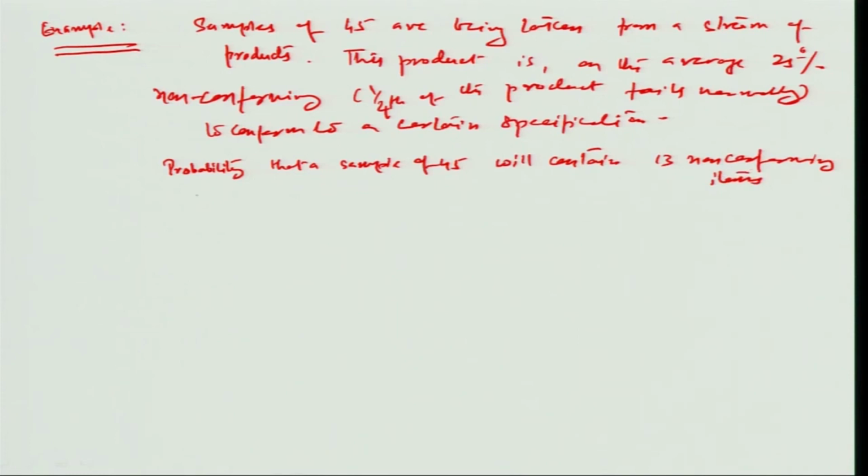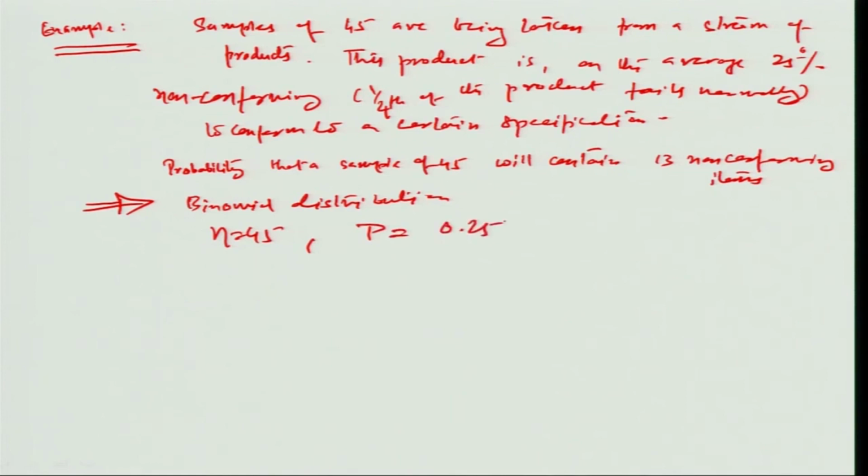So, the first goal here is to represent this by a binomial distribution. So, we will calculate using a binomial distribution. Let us say n equal to 45 and the probability of rejection here is about 25%, a quarter of the products are rejected. R here is 13. So, obviously, the probability of having exactly R rejects in the sample of 45 is given